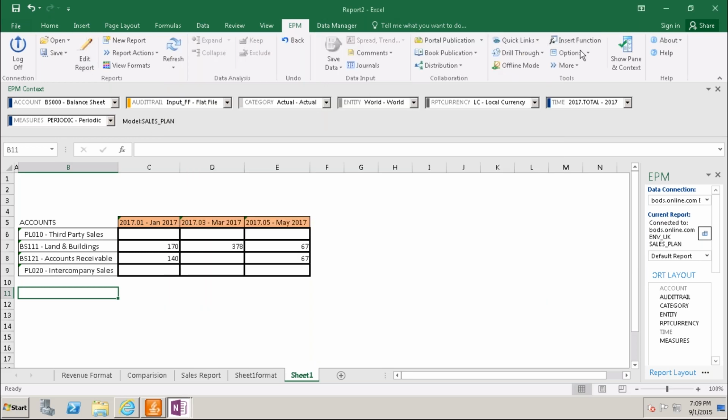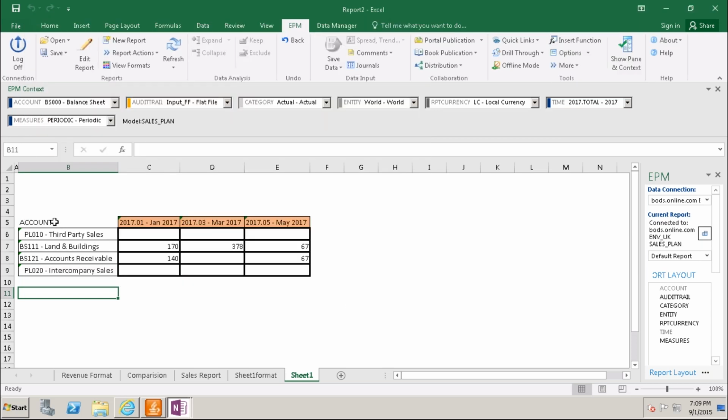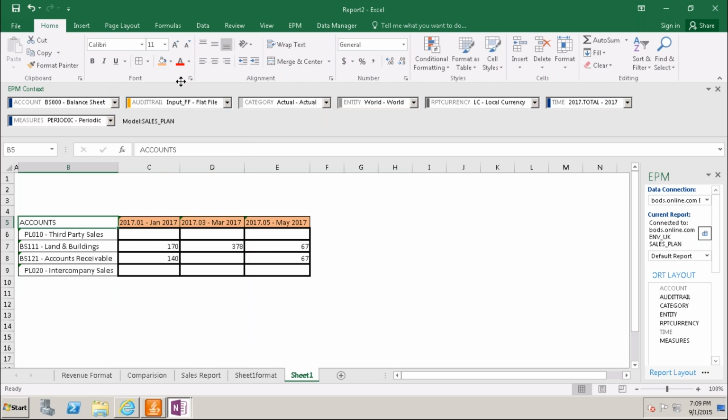Then you go here, go to sheet option, remove this activation, click OK. Accounts, just come to here under home. So everything here is manual work, Excel things we can do here. This is your report you are creating within few minutes.